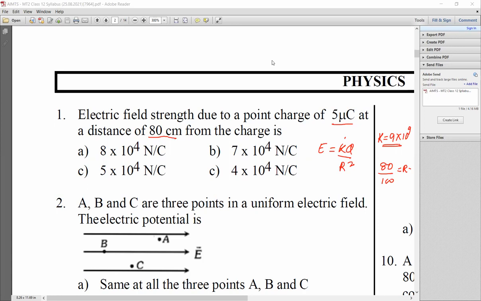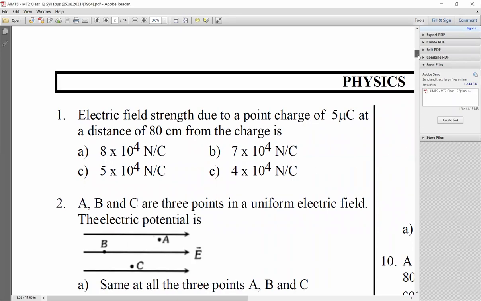Next. Coming to the second question. A, B, and C are 3 points in a uniform electric field. The electric potential is